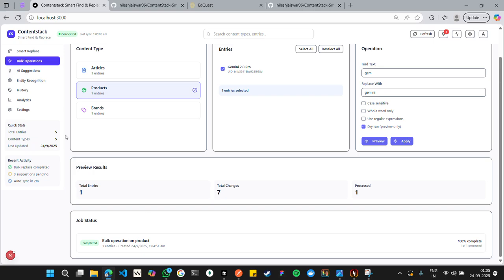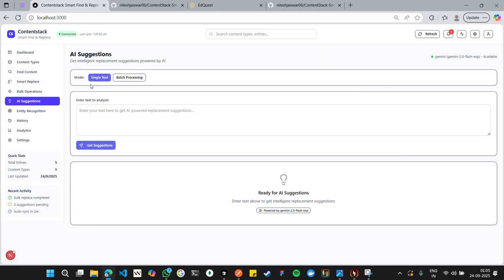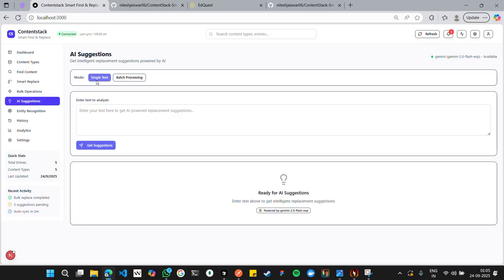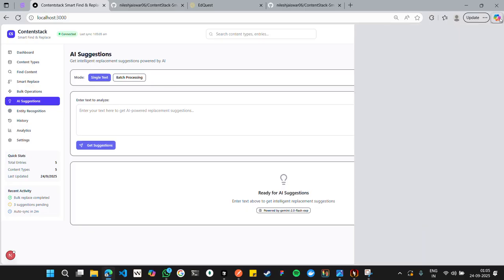I have implemented AI suggestion also, and you can see here there are two fields, single text and batch processing. The single text and batch processing is basically where I have to replace a single text, such as